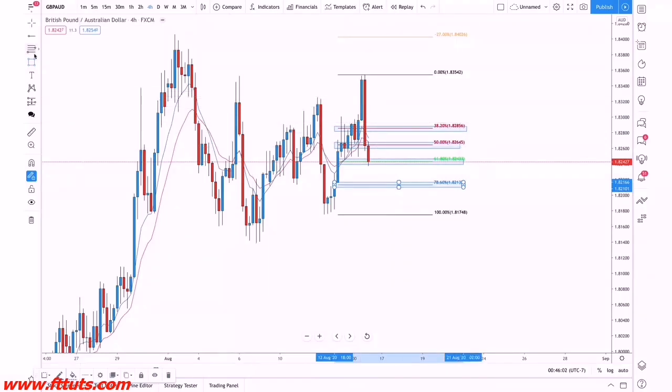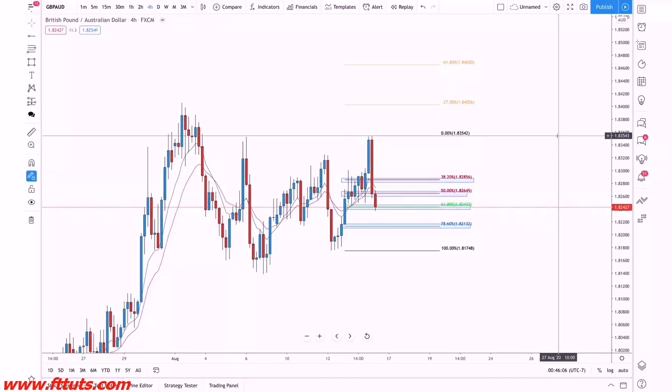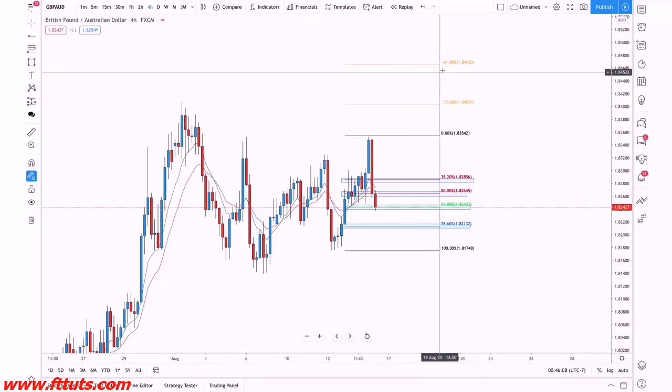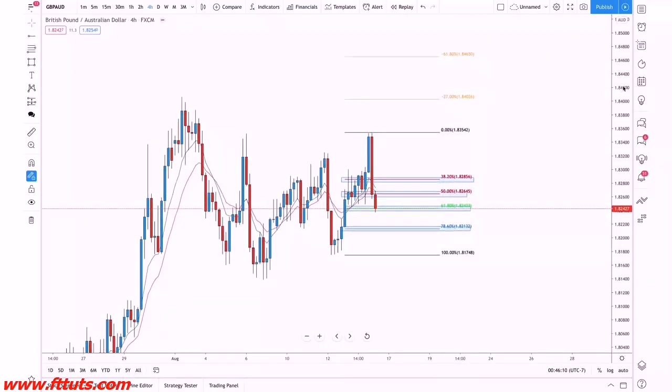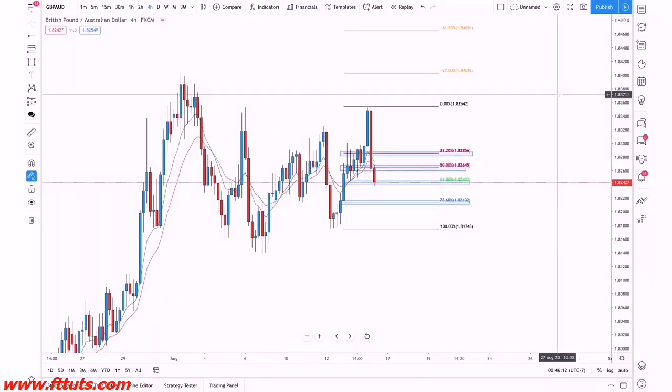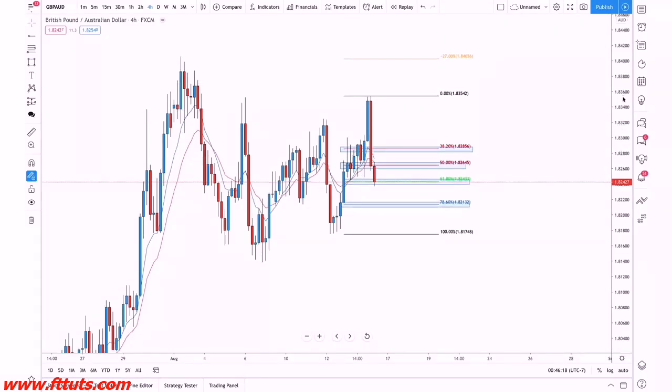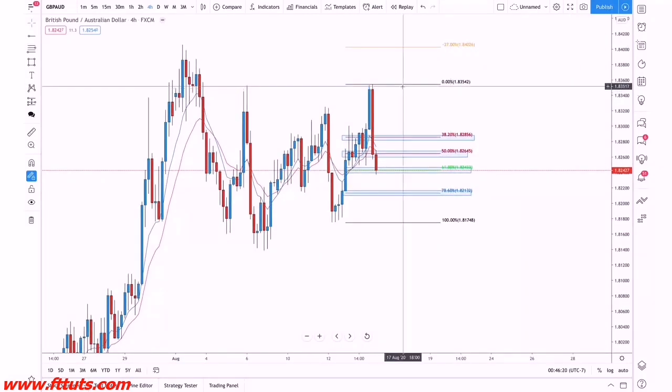And then where it will head to is past zero, to something called our extension levels. Our extension levels are a 27 extension and a 61.8 extension. These percentages are calculated off of that series of numbers that Leonardo Fibonacci created, which is not really important. It's more about understanding how to use it, which is what we're doing right now. So you won't see Fibonacci everywhere. It's only after a trend. Once you see a trend and the market coming back and retracing, then you use your Fibonacci tool to help you figure out